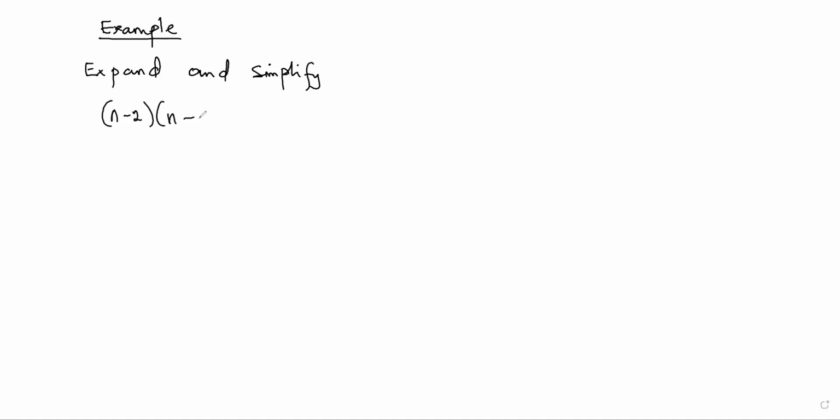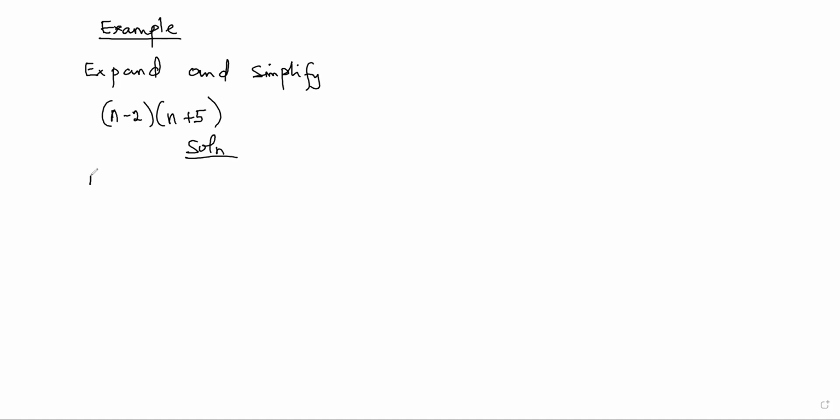All right, so we continue. Example. So we have to expand and simplify (n minus 2)(n plus 5). So to expand this binomial,